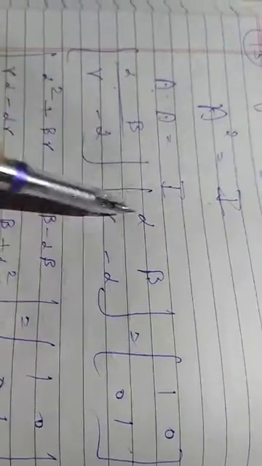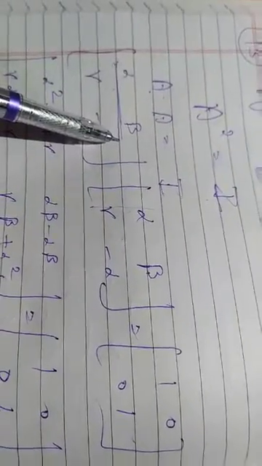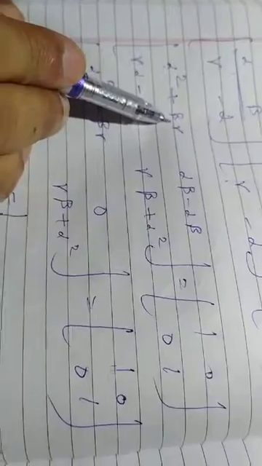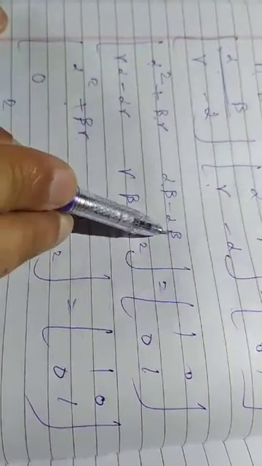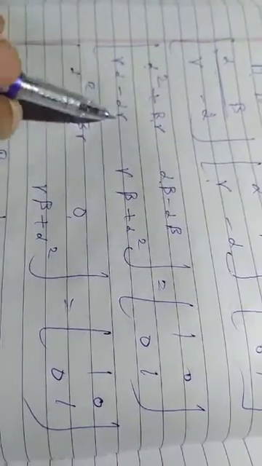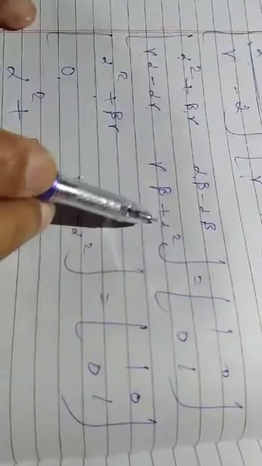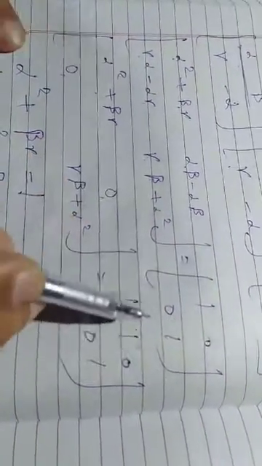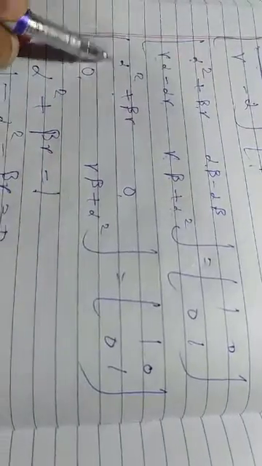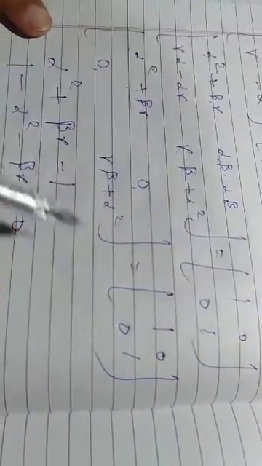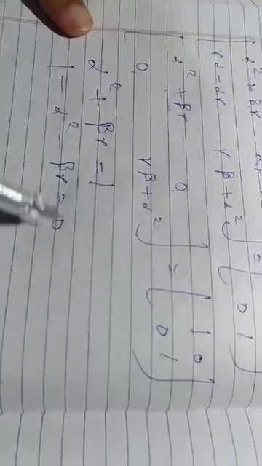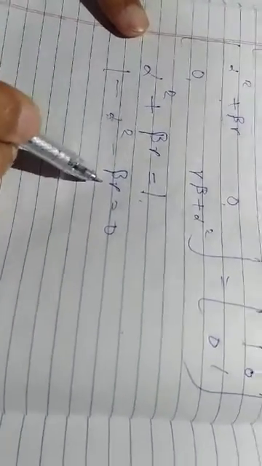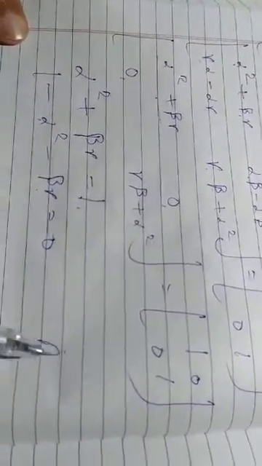We multiply the first row with this column, first row, second column, it becomes this. Alpha square plus beta gamma here. They cancel out, 0. Alpha beta plus gamma beta, plus alpha square. Comparing corresponding elements, alpha square plus beta gamma is equal to 1. Taking out this side, 1 minus alpha square minus beta gamma is equal to 0. So answer option is C.